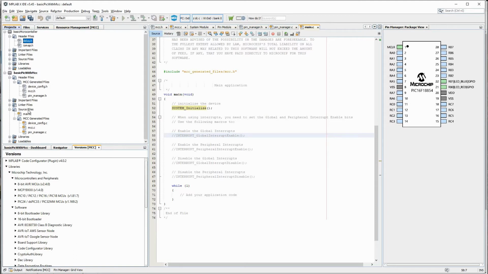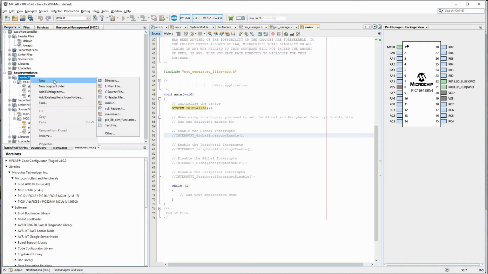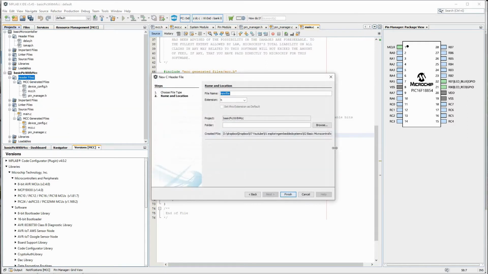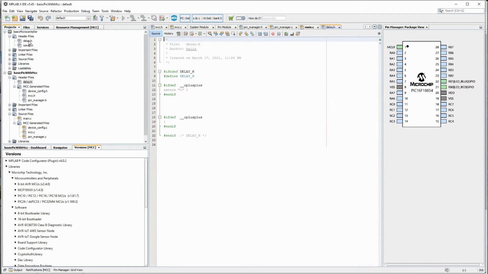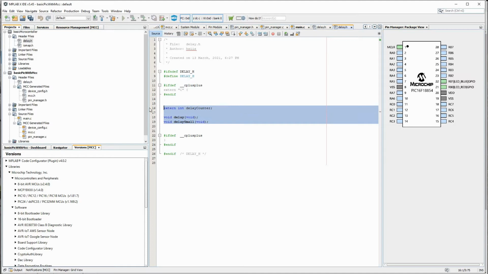Let's create source here also. Here also let's create the header file, delay.h, and let's just copy this code here. So this is an older project, this is a newer project.